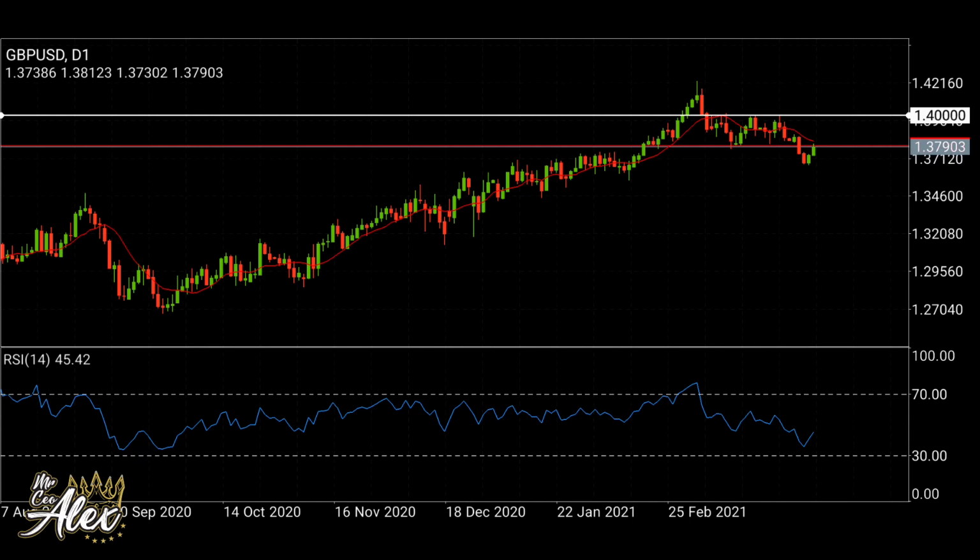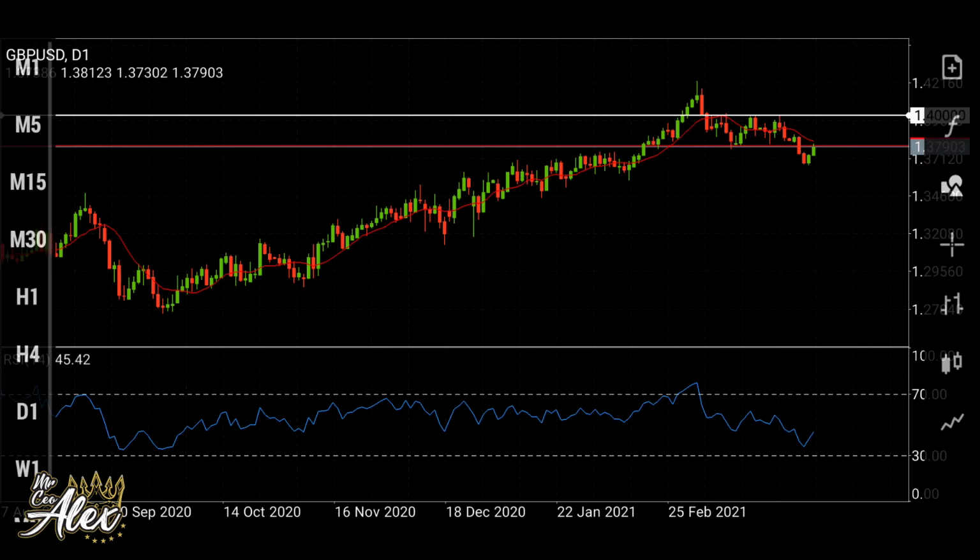All right. So if we look at the RSI as well, we can see that the RSI is close to 30. So it's possible that the market might actually break and continue to the upside. If we get a weak dollar this week, we can get a strong bullish momentum to push this pair to the upside. Now, if we go to the 4-hour time frame,